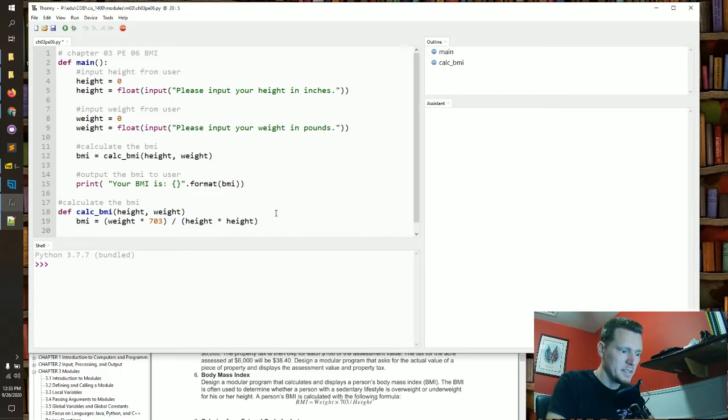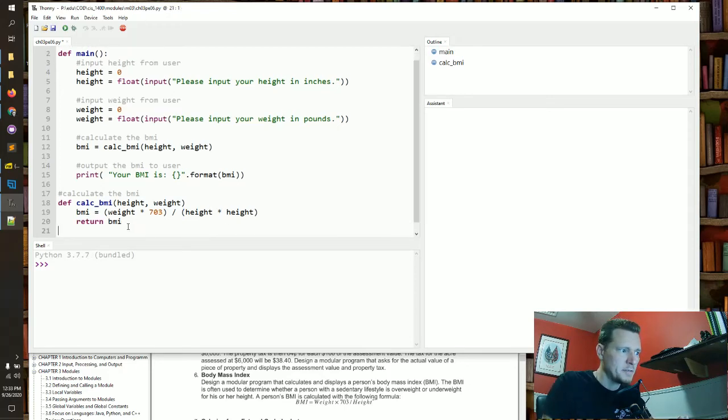Next is return BMI. That's the end of my function, but I don't have to create a variable and assign a value to it, right? I'm only doing the one thing. I can just say return that, return the value of that function. And I don't need to create a variable. That's one less storage space in memory that's going to be taken up. That sounds great, right? I just saved a little bit. All right, so I've created all this,